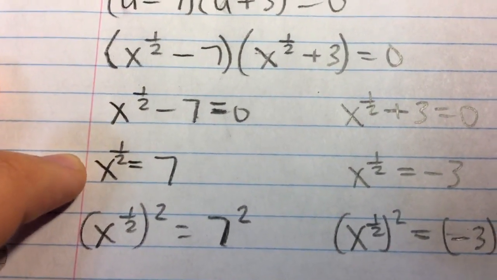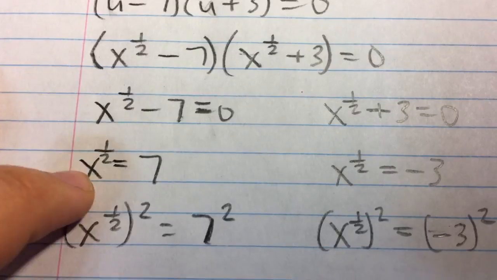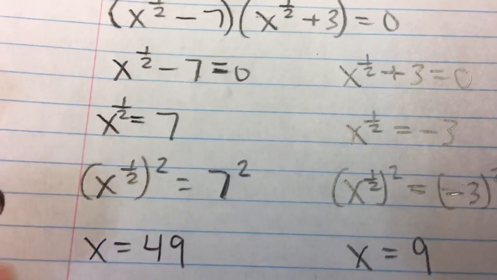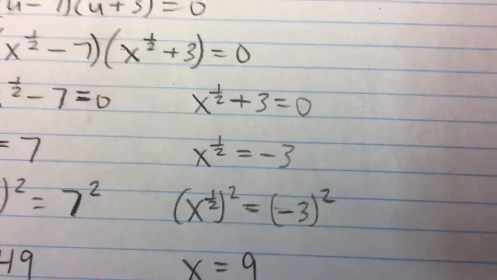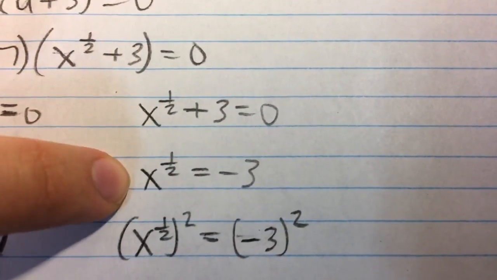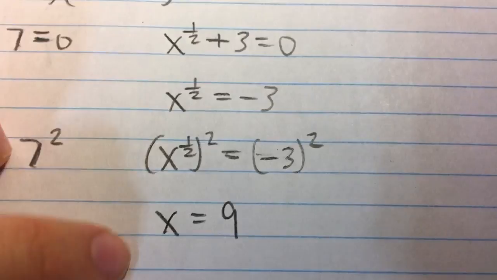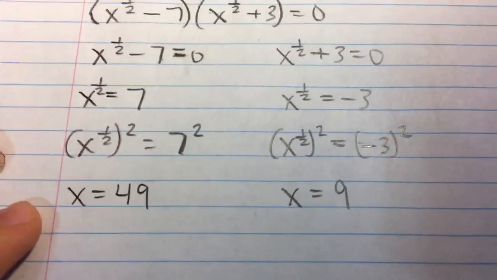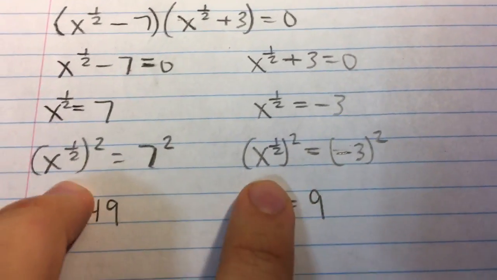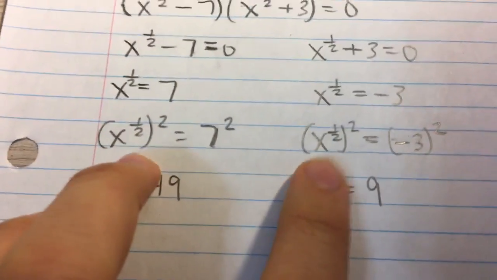So on this side, we have add 7 to both sides, x to the 1/2 equals 7, square both sides, and we get x equals 7 squared, or 49. On the right here, we subtract 3 from both sides, then square both sides, and we get x equals 9. And these are our two solutions, but we're not done because we squared both sides of the equation to find